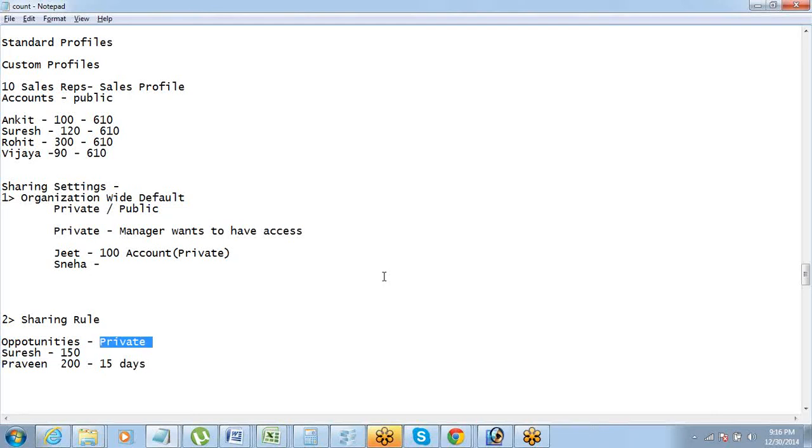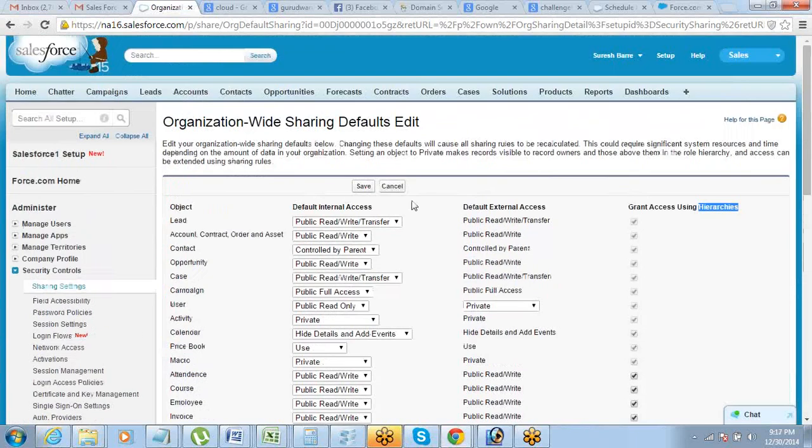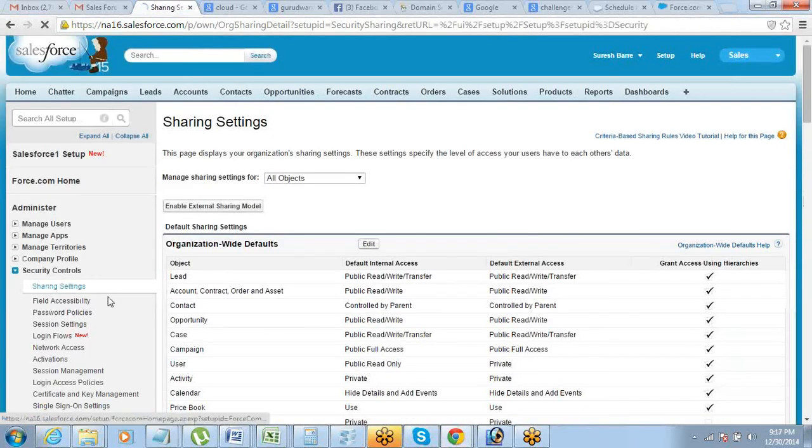So this rule is there, private, but I want to define a small exception that, okay, let Suresh view Praveen's data. A temporary setup. Once he comes back, I would revoke that particular permission. Okay, how do we do that? That is what will be done using a sharing rule. So if you scroll down a little further here, below this organization-wide defaults, it's all under Setup, Sharing Settings. I told you under sharing settings we have two things, right? OWD is the first thing, which we have already discussed.